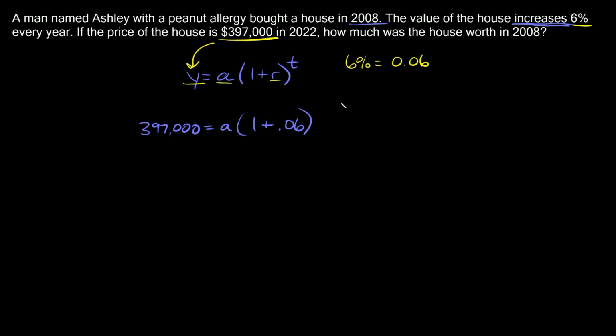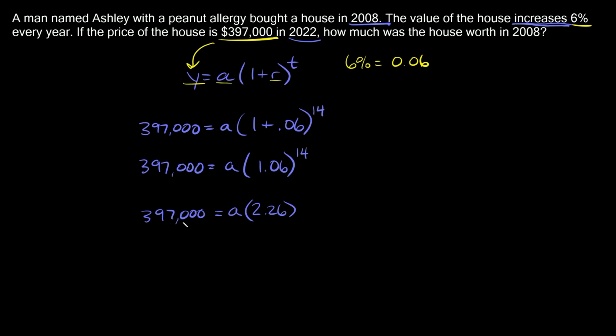Okay, what's our t in this case? Well, he originally bought it in 2008, and then we're saying that the price in 2022 is this, right? So the difference right here is 14 years, right? So that's what we're going to plug in right here, 14. Okay, and then we can simplify this a little bit. So 397,000 is equal to a times 1.06 raised to the 14th power. Okay, now 1.06 raised to the 14th power, that's approximately 2.26. And then we're multiplying that by a, right? And then again, we're saying that's equal to